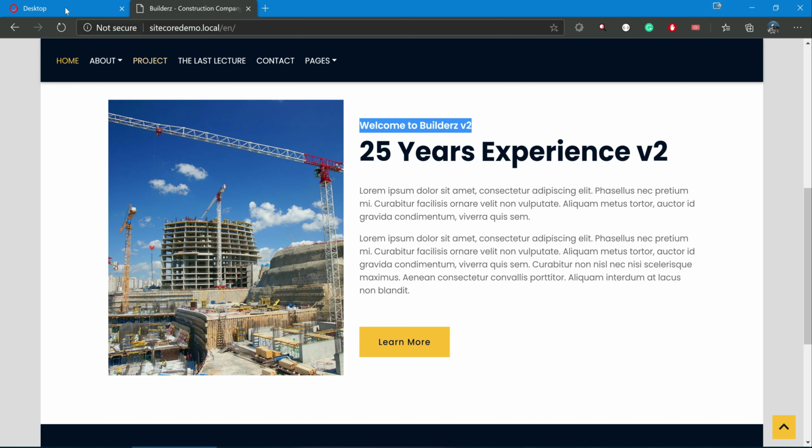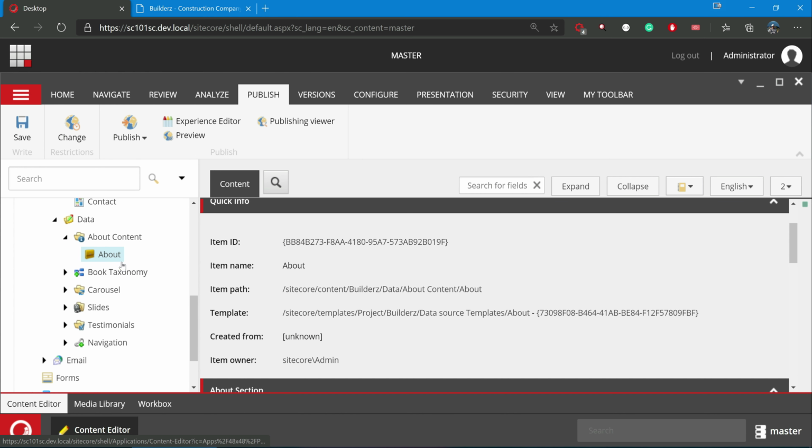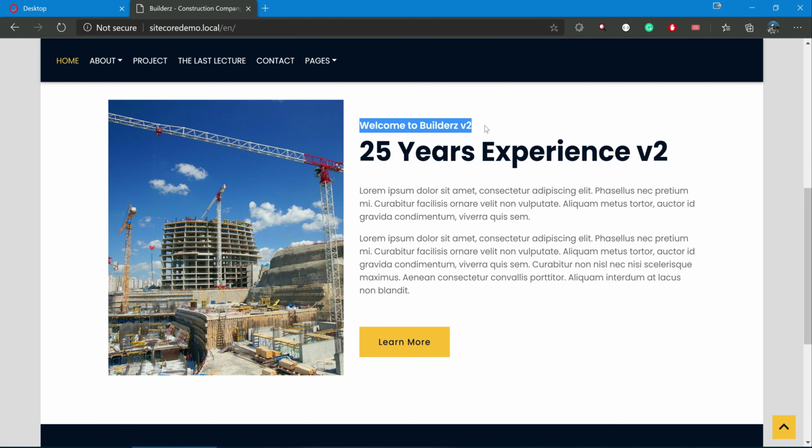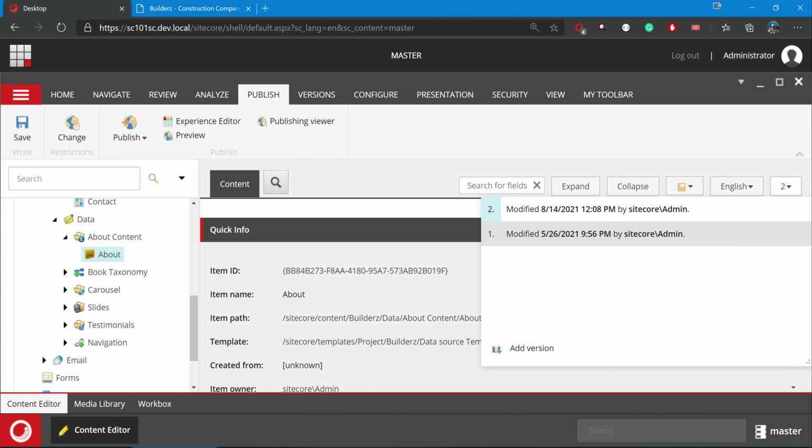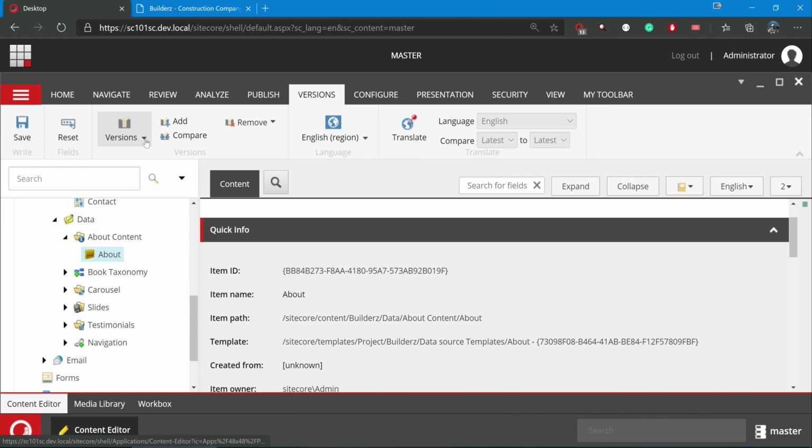Now this data source, obviously, can be used in multiple pages, so all those pages will be changed to v2. This way we can understand there is a numbered version, and you can always see the numbered versions from here, and perform all the operations from here.